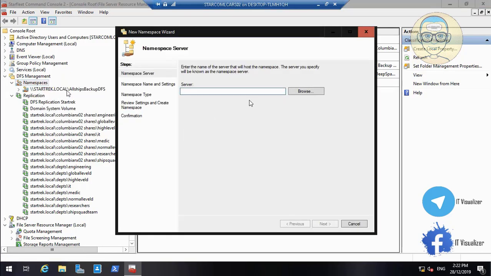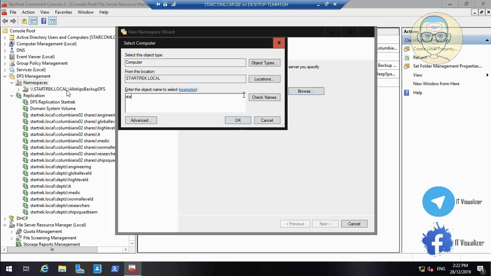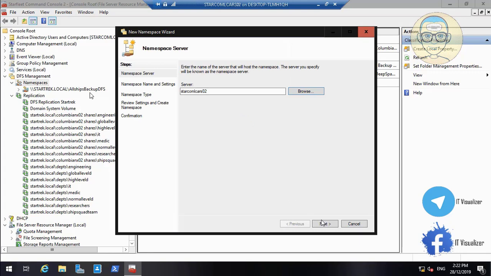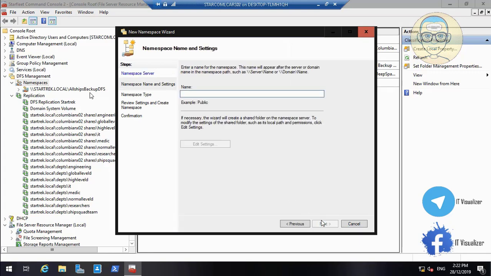So now we will create another, the second domain namespace. It will be for the Colombia ship. So the first one will be for all ships backup DFS, and the other one is for the Colombia shares, and this is the server name of the DFS. So the DFS server will have a name which is our server name. So now name it Colombia, and NX02 backup DFS,